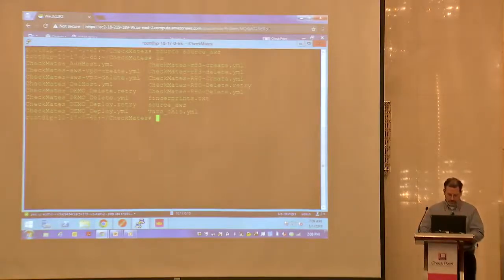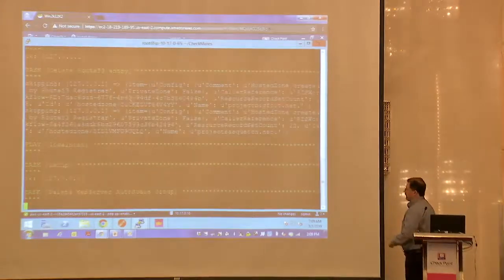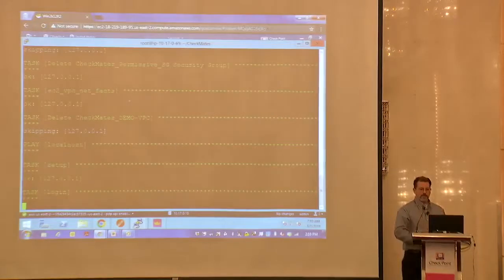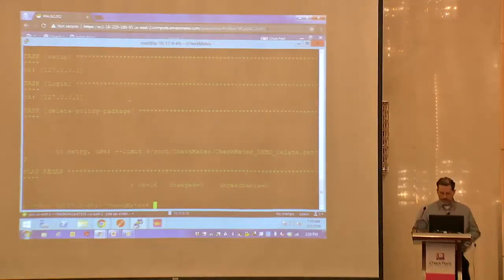So again, I'm going to use Ansible to deploy this complete environment. I'll go ahead and select that and let that go. If everything works right, in about 10 minutes, I'll have a complete web environment with, like I said, perimeter gateways. We'll have, of course,